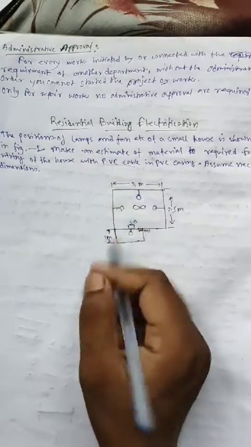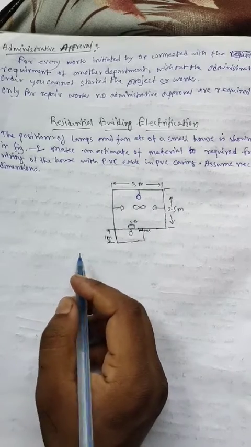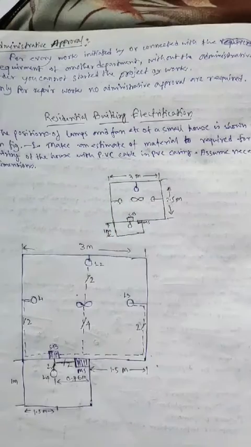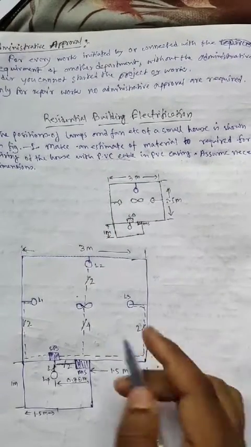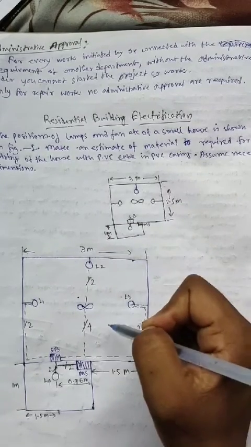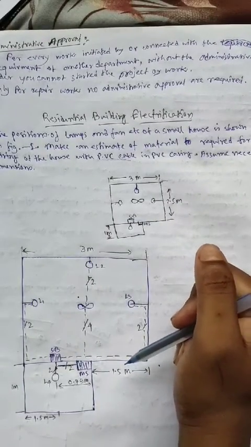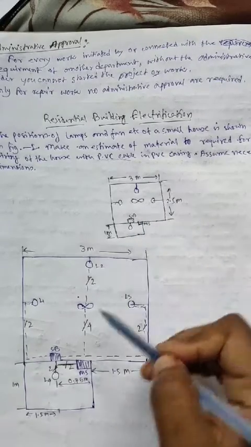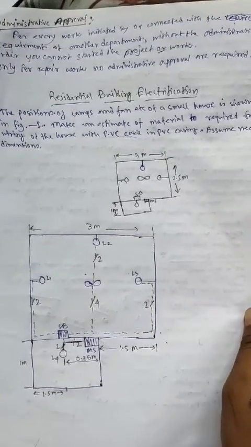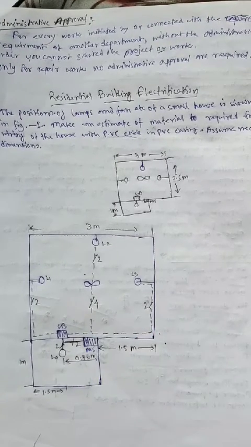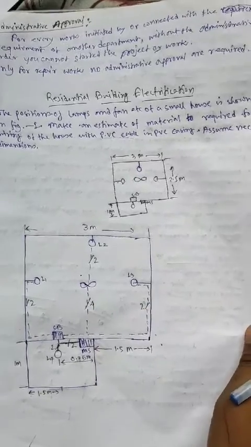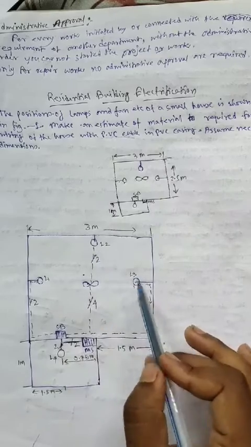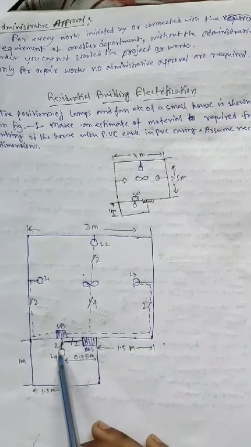Okay, so we draw another diagram from this diagram. This is the approximate figure, or layout diagram, of this figure. In a question they only provide this type of figure, and we can draw this type of approximate diagram. So in the diagram I am drawing lamp 1, lamp 2, lamp 3, and one veranda lamp. That means here also a veranda lamp.